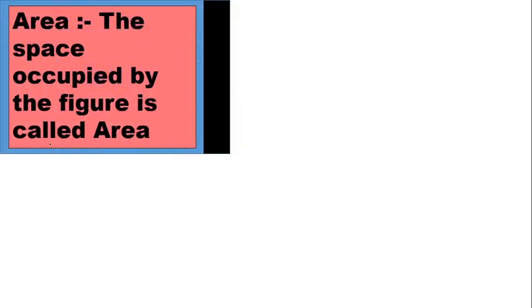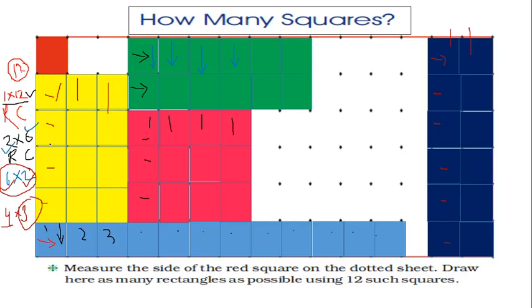So what is our first question? Look here. Measure the side of the red square on the dotted sheet. Draw here as many rectangles as possible using 12. So we can draw 5 rectangles. Right there. Answer is 5. So in this way you can calculate the number of